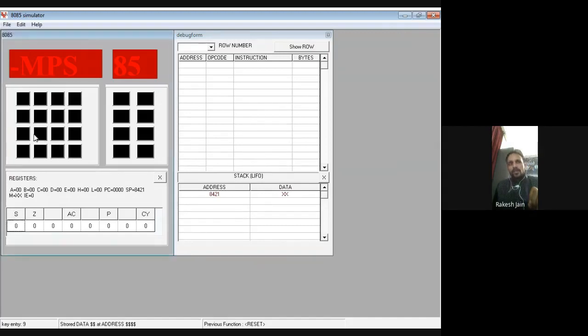So this is my 8085 simulator, where this pin is 0, then 1, then 2, then 3, then 4, 5, 6, 7, then 8, 9, then A, B, then C, D, E and F. Okay, then at the right hand side, from the top side, reset, new memory, next, and all those things.